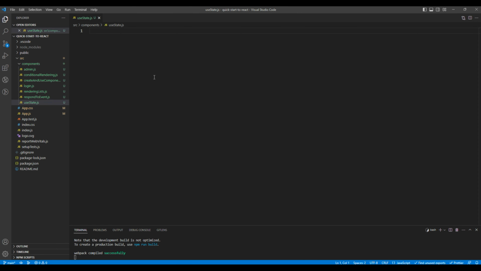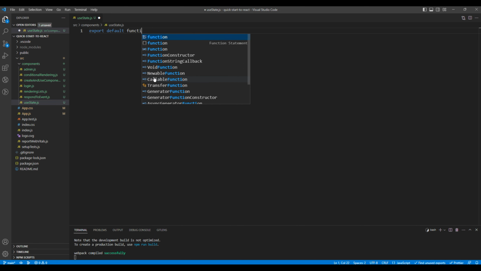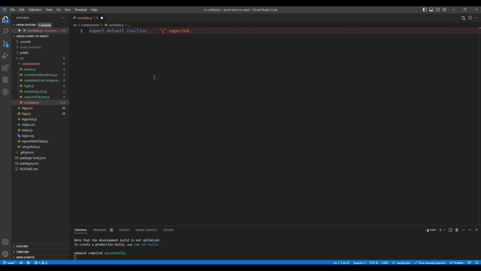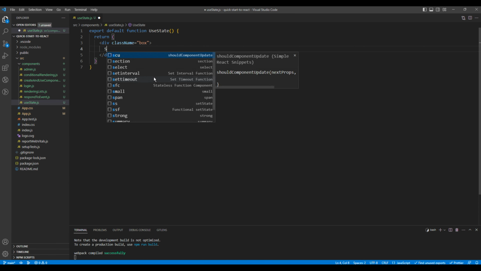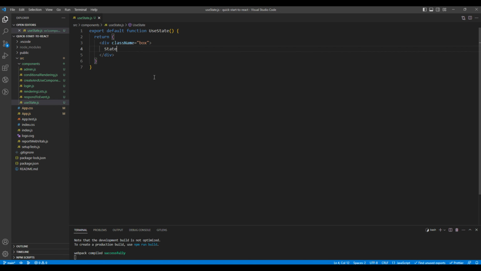Let's create a functional component, so add export default function and the component name. Inside return, let's add a div tag with a class box. Then just add the text state. Once done,